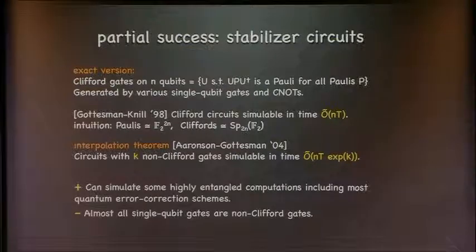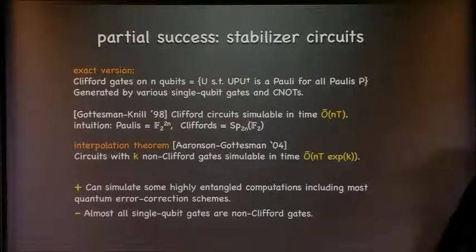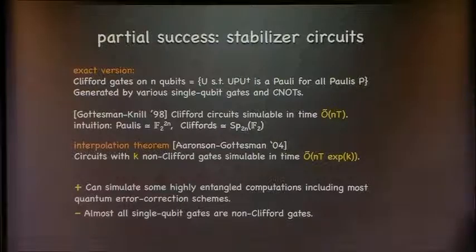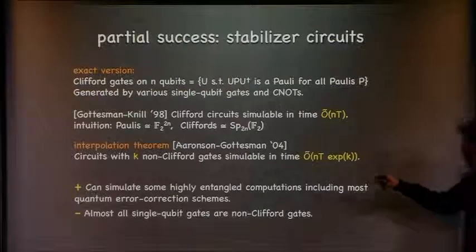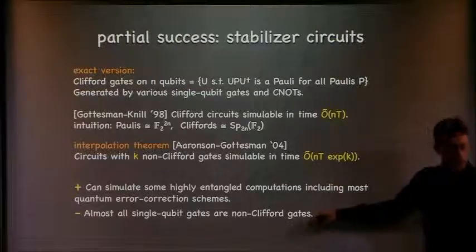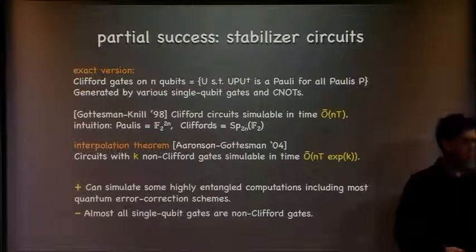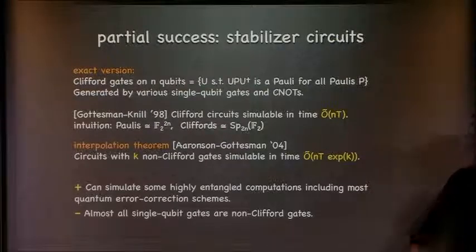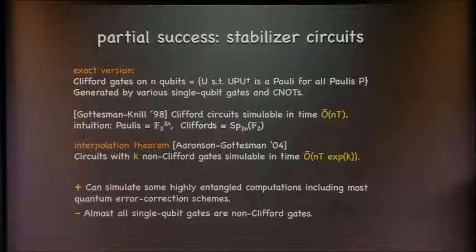So it's a strange beast, where on the plus side, we can simulate some very entangled computations very cheaply, and that is useful because this includes many examples of quantum error correction, which are extremely interesting to simulate practically, to know how our proposed architectures will scale. On the other hand, some simple things like single-qubit gates, most of those it can't do very well. Most of those are non-Clifford, and so you pay exponentially for those. So for a lot of physical systems, it's not so good, even though it is good for simulating more complicated things.